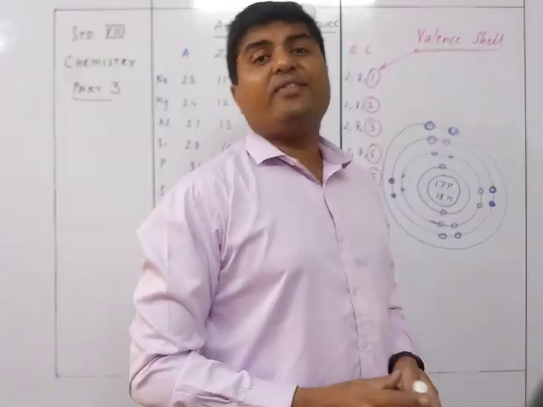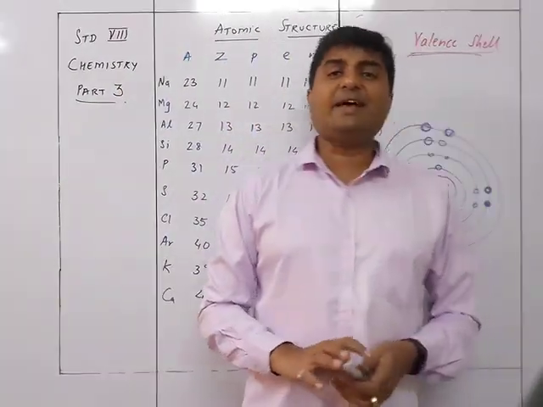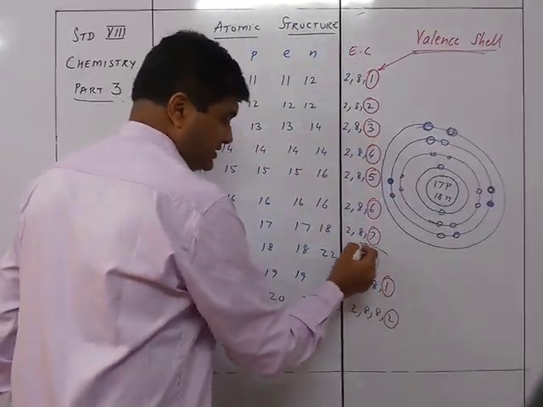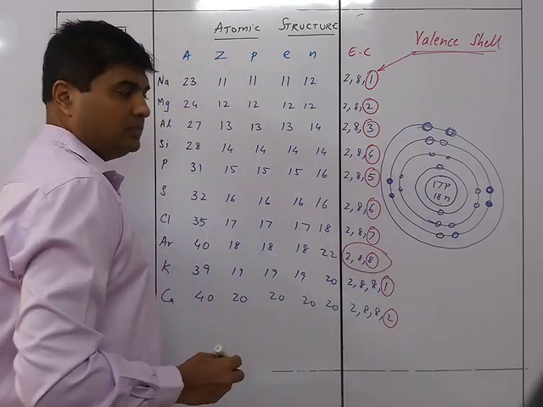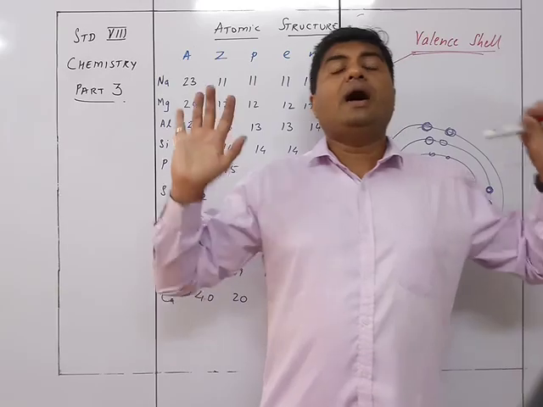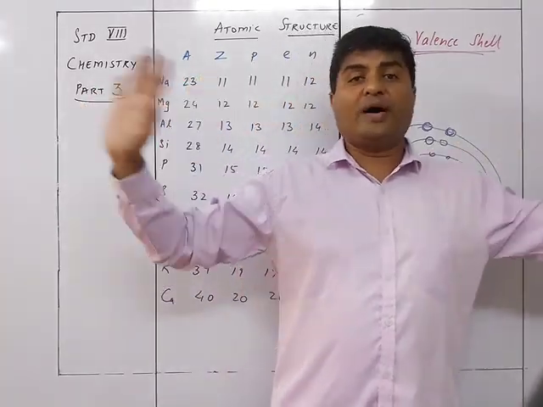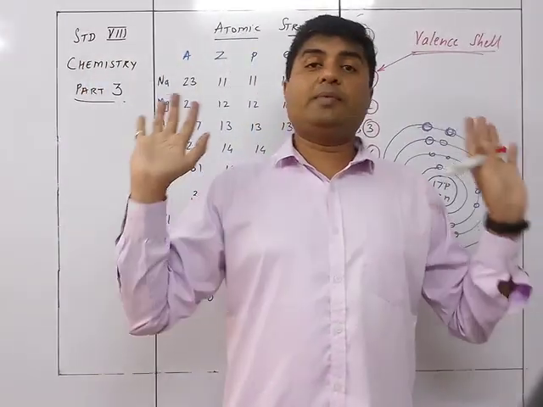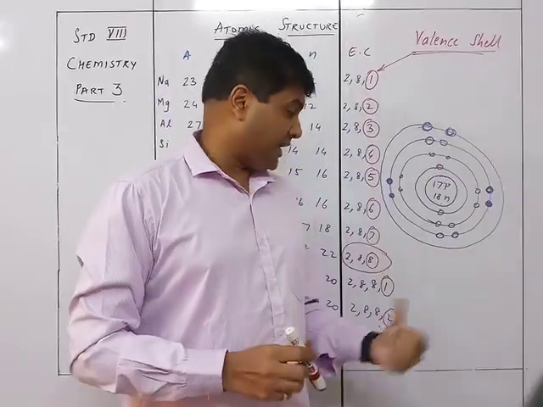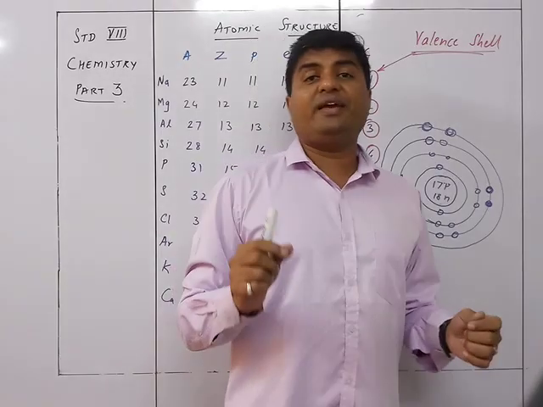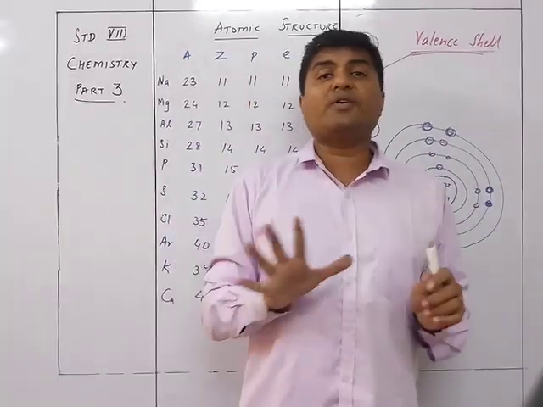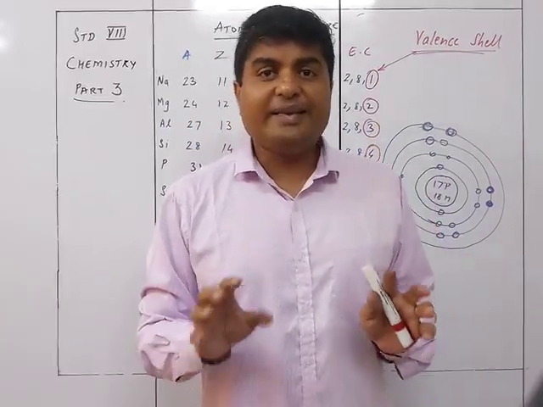Now each and every atom wants to have a configuration like this. Complete. 8 electrons have come in my last shell, I have achieved nirvana. I am stable, I got nirvana. I am completely stable. That is what each and every atom wants. Each and every atom wants that its number of electrons in the last orbit is either 2.